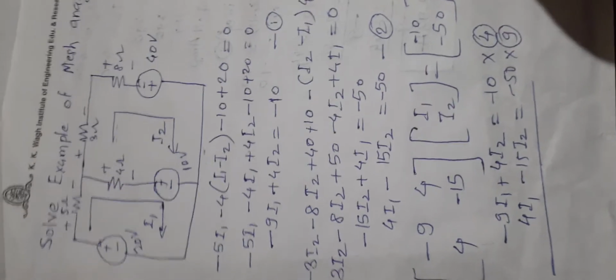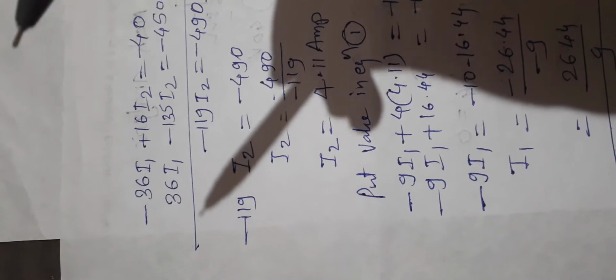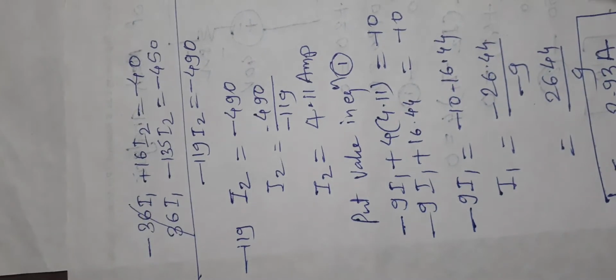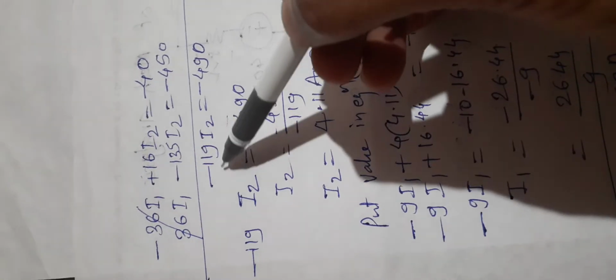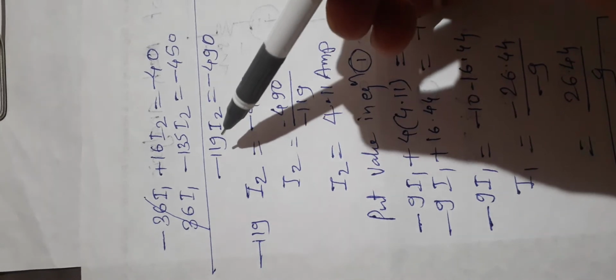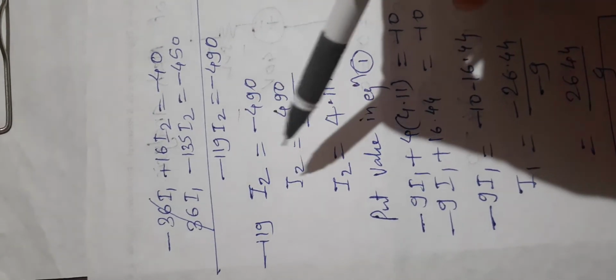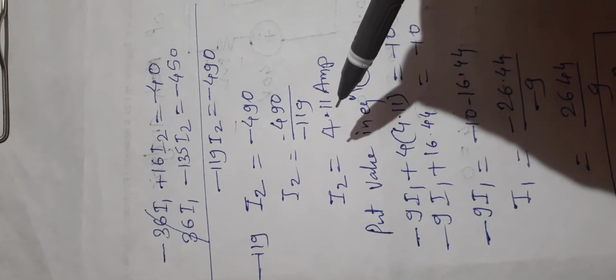In the next step you are going to see that these two terms get cancelled out and you will get minus 119 I2 is equal to minus 490, and I2 is